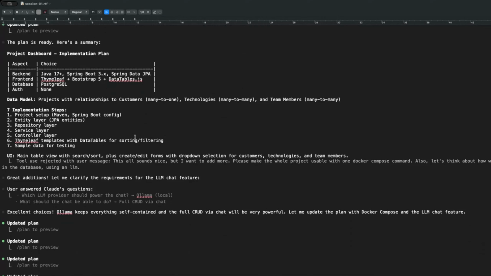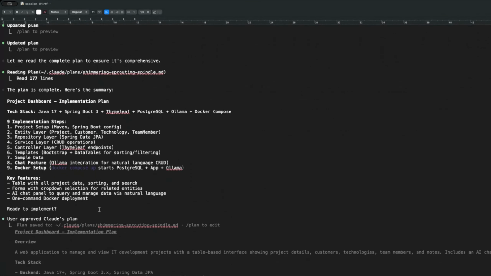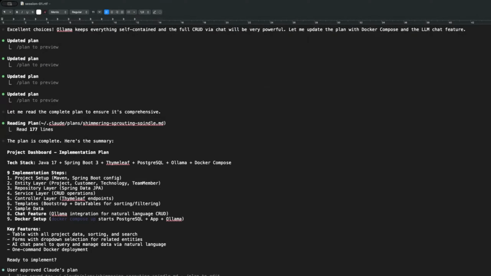After that, we have these implementation steps. So it wanted to create a project, set up the entity layer, the repository, so everything you basically need. And then we went on arguing about how stuff should be done, and I would like to show the result to you. I would like to stress that I was really happy with what I coded, and